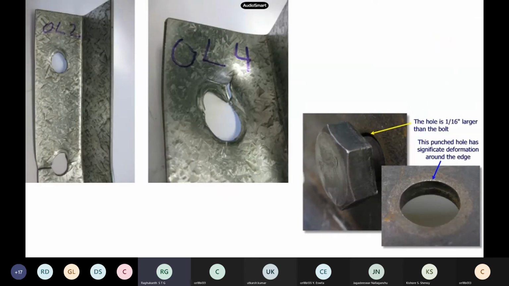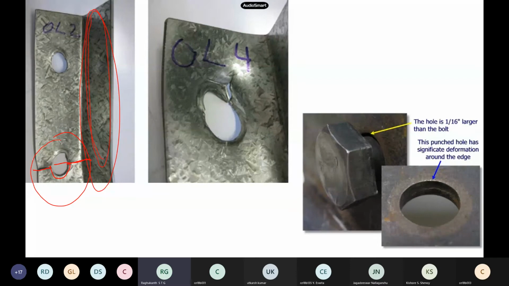So this is an angle section, but only one side of the angle section has been connected to the plate. This side there are no connections. Now how has it failed here? Can you identify this one? How has it failed? What is this failure? By rupture, only by rupture. You can see near the hole it has gone like this. Of course, this side there is no bolting. So this is net section rupture.